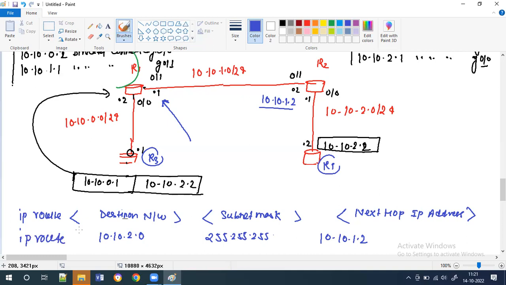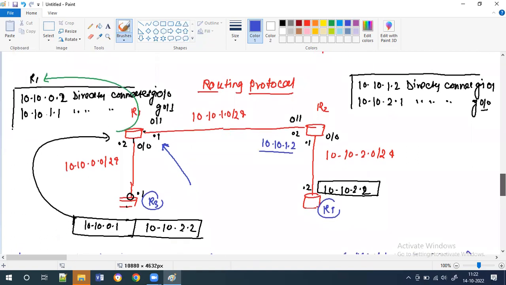In the R1 routing table, you have to give the command ip route destination network 10.10.2.0. Subnet mask for destination, /24, is this. Then the next hop is the one where, if you send that packet, it will help me reach the destination. So if I send that packet to 10.10.1.2, that guy will help me because that is directly connected with R2. So when we do the entry into the routing table,